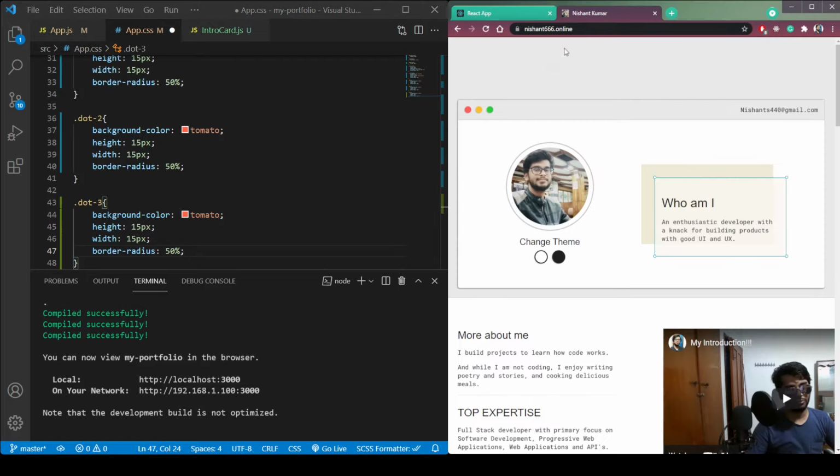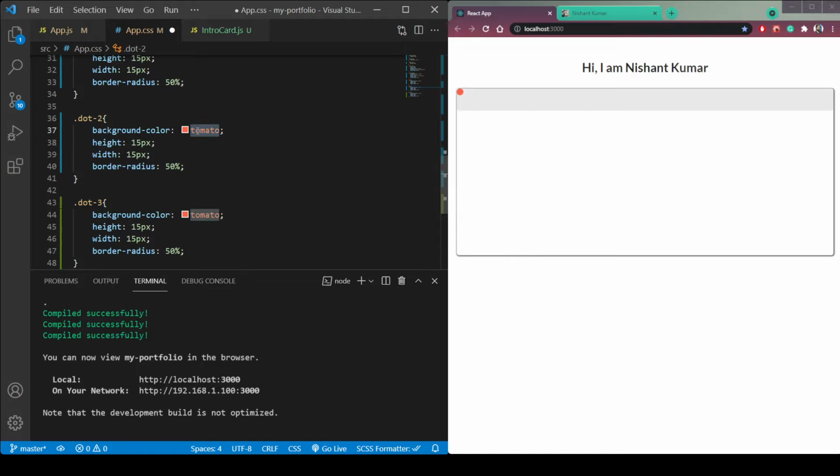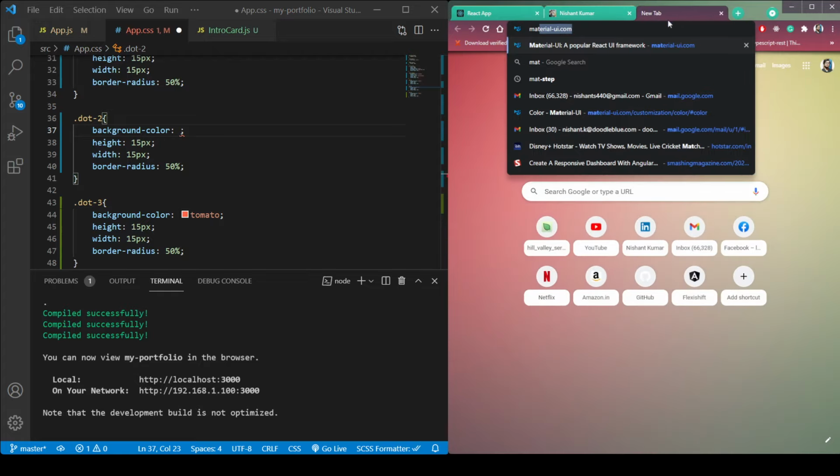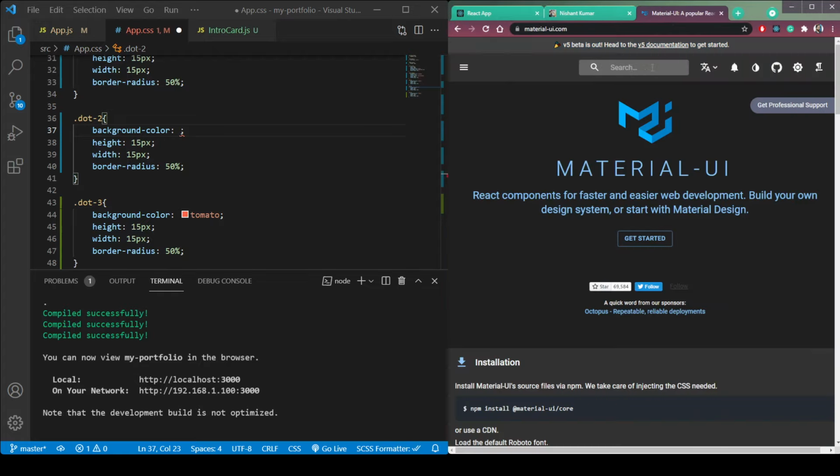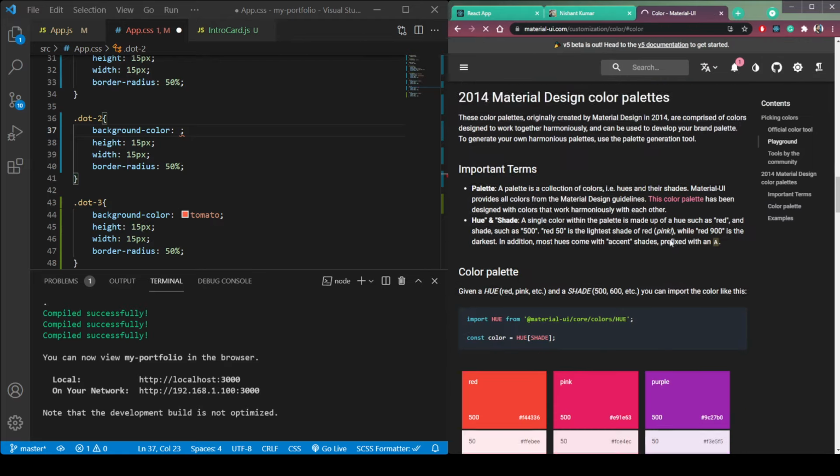Let's change the color. This is yellow and this one is green, so make it yellowish. Or let's, for the colors we can head to materialui.com. So head here and search for colors. Let's select yellow.